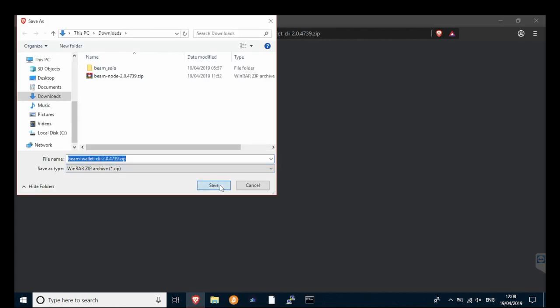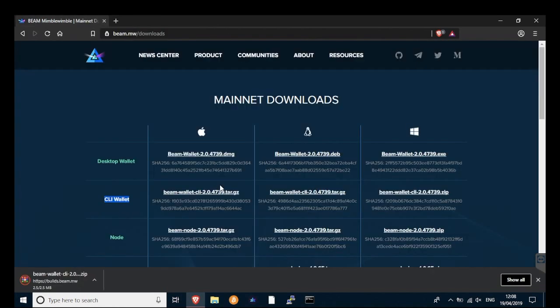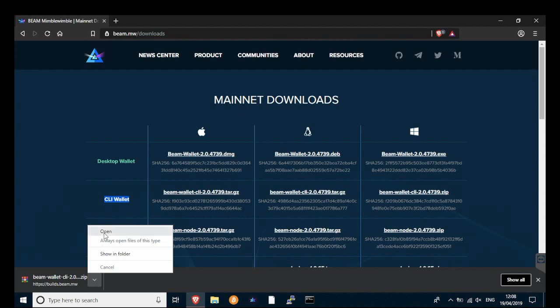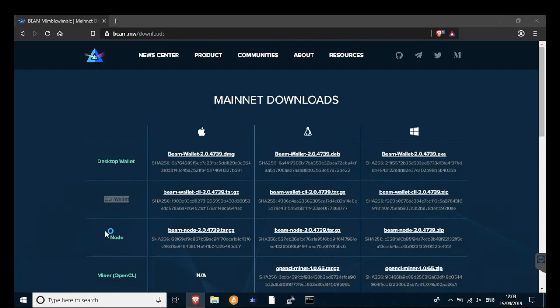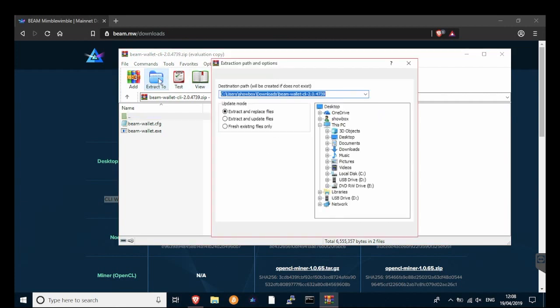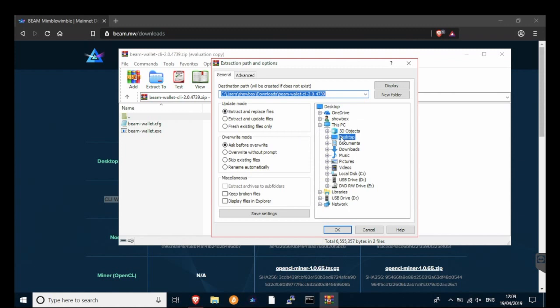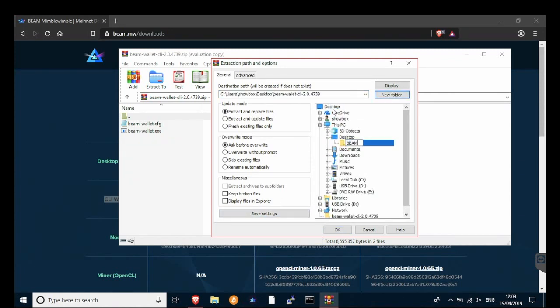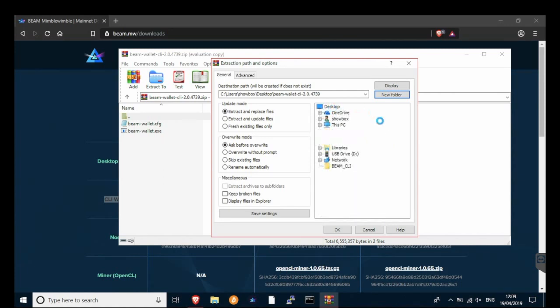Put it onto wherever you want to save it to, and once it's saved you can go ahead and extract it. The CLI wallet runs from a basic command line from your computer, and this tutorial will show you how to use some, if not most, of the functions of that wallet, including payment proof and how to set up a new address. So we're installing this into a folder called Beam CLI, making a new folder on the desktop to put that into,